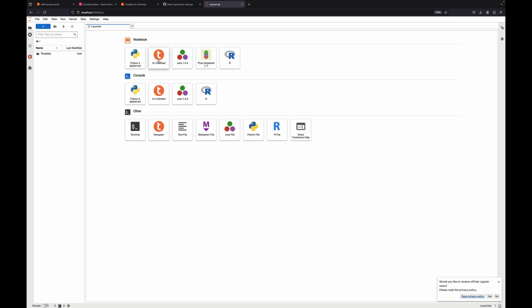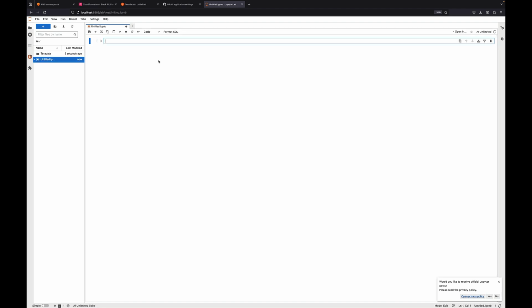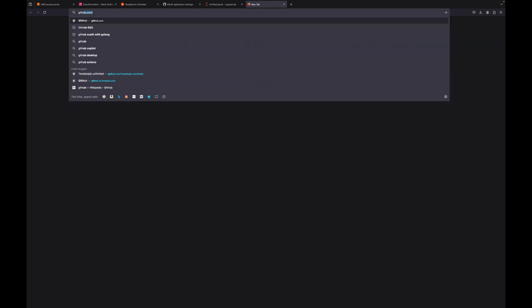I'll click on AI Unlimited, so I can now create a configuration which allows my Jupyter to talk to the workspace service. I'm going to use the Get Started notebook, which you can find in the GitHub